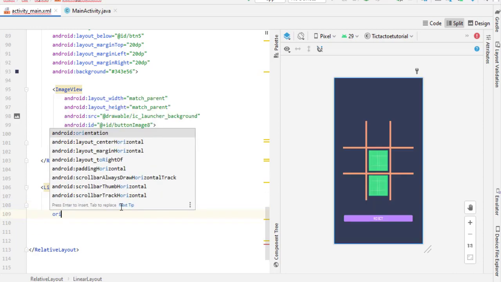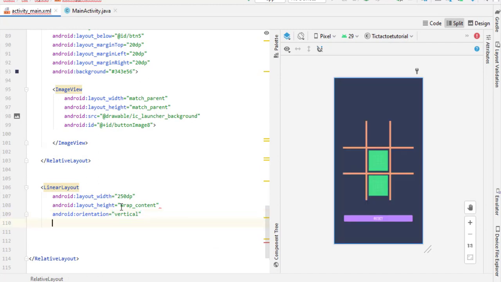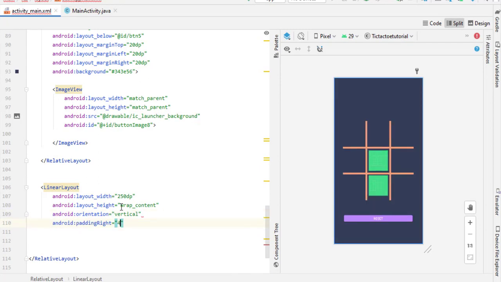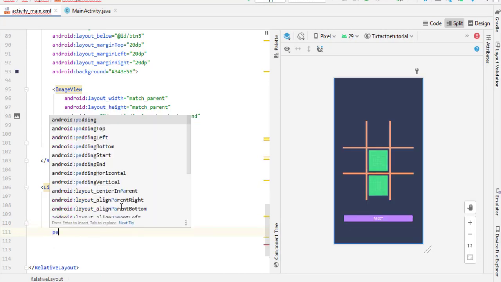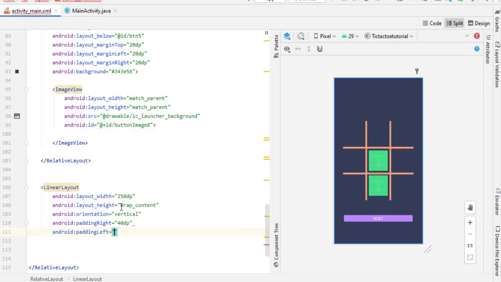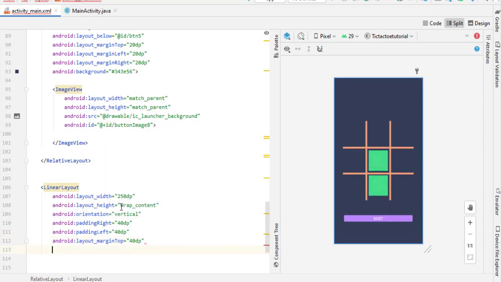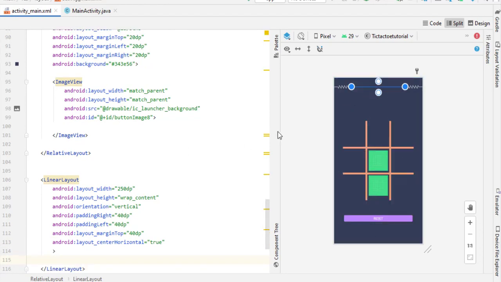Now set the orientation vertical, and also set the padding right 40 dp, and the padding left 40 dp, and give the margin top 40 dp, and center horizontal true because I need the scoreboard text inside the center. So now close this linear layout, and you can see this linear layout is created successfully.